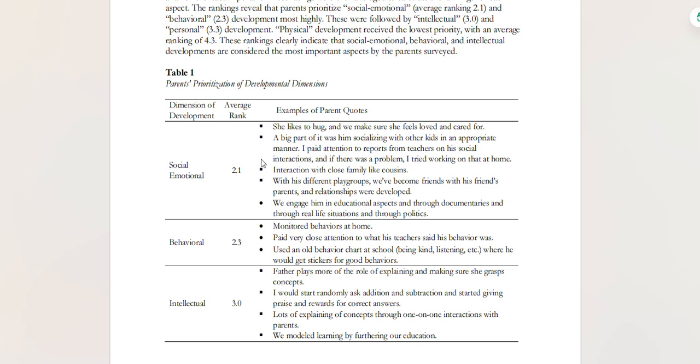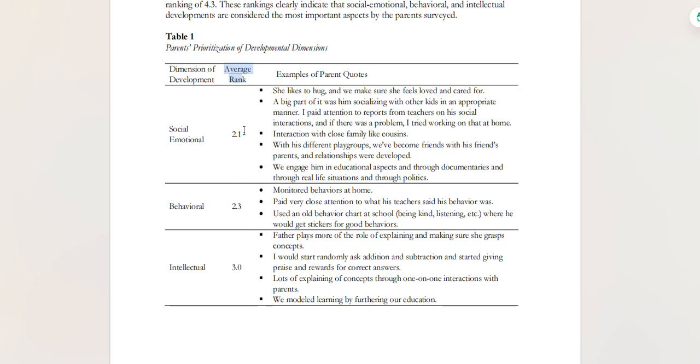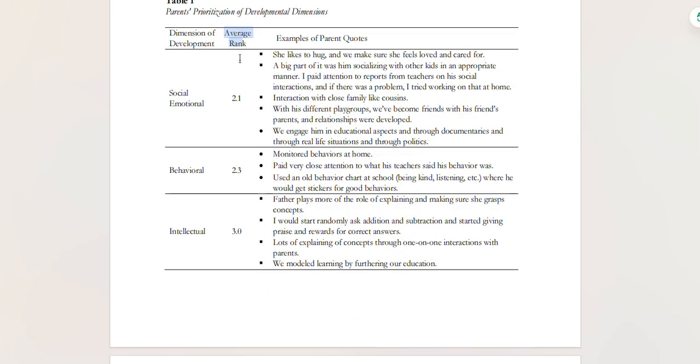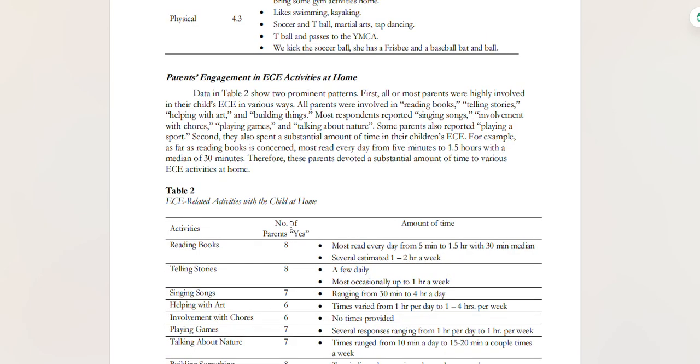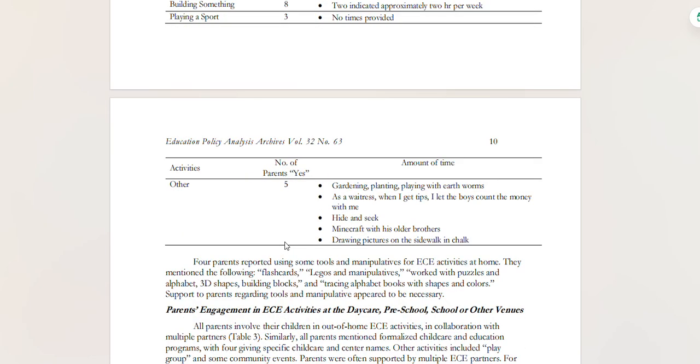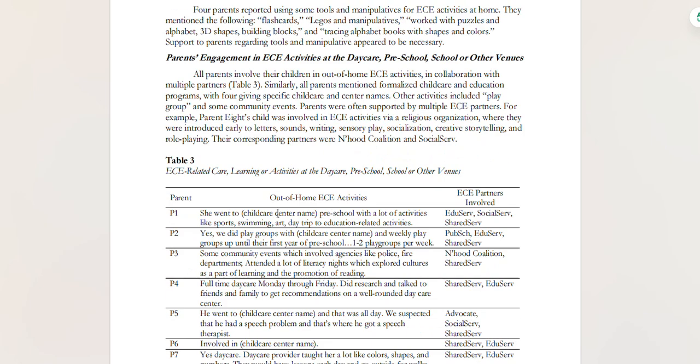And then the frequency or ranks, this one now pertains to the number of participants mentioning it. So we could observe it from table one. This is the average rank. And from table two, we have here the number of participants and the number of participants for parent one, parent two, parent three.